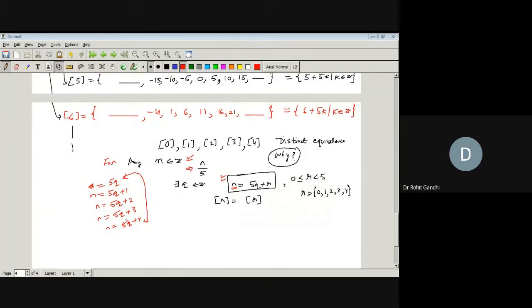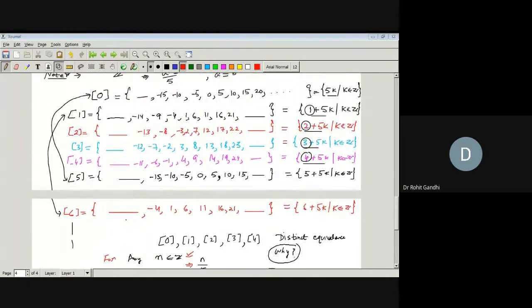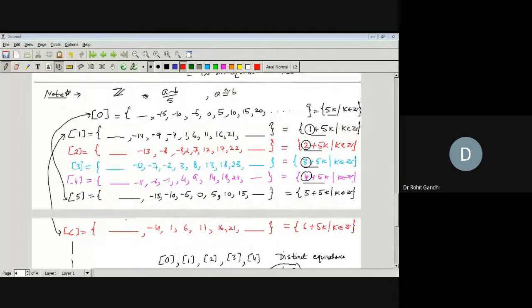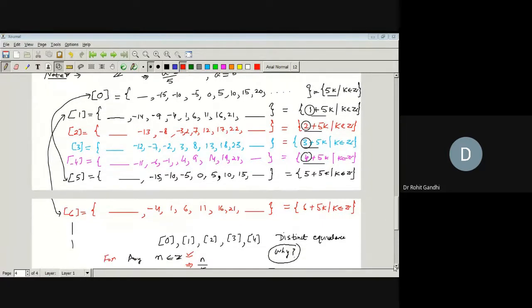So, students, this is the first thing: if we take any two equivalence classes, either they are disjoint or they are identical to each other. This is the most important point to note. The second important point is about the union of these equivalence classes. I'm going to erase this, because I have to see these things, so I'm erasing this, only the equivalence class of 6.